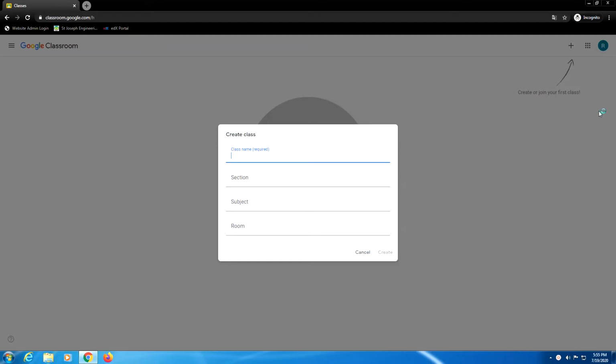We have to be very careful when we give a class name. Why? Because the class name is the one which a teacher as well as the student uses to identify a particular class. A teacher might be handling only one subject for a set of students, whereas a student might have 5 to 6 classes, or more or less than that, depending on the number of subjects and labs they have for that particular semester or year. So when a teacher gives a name, it should be identifiable for the students as well as teachers.